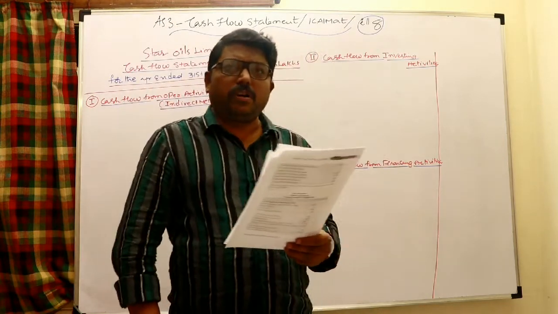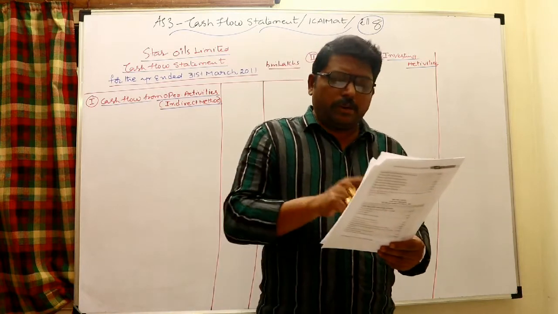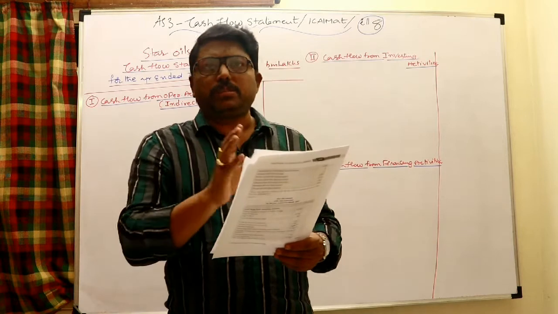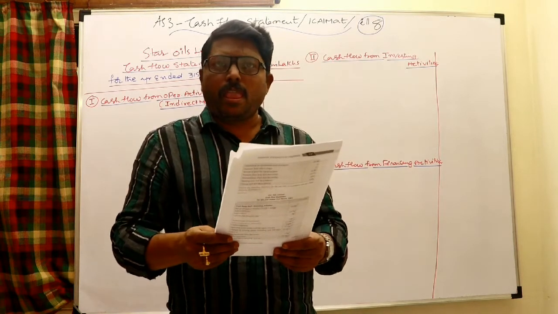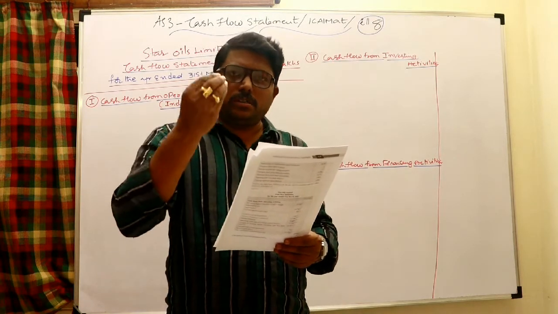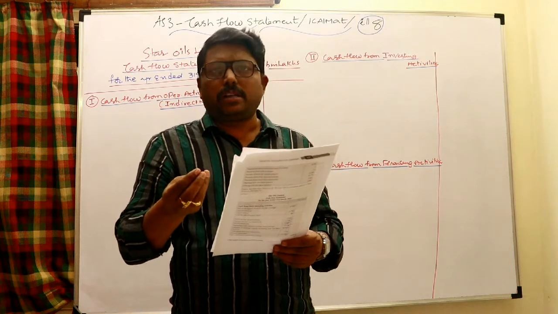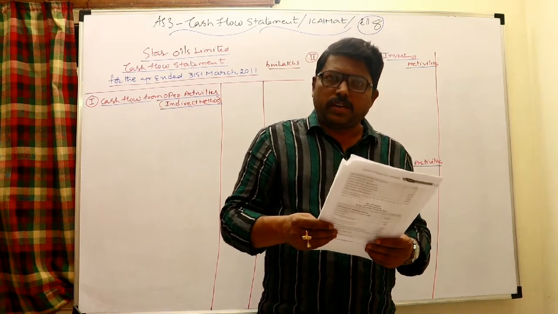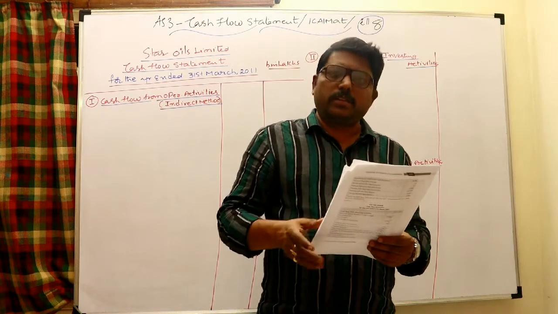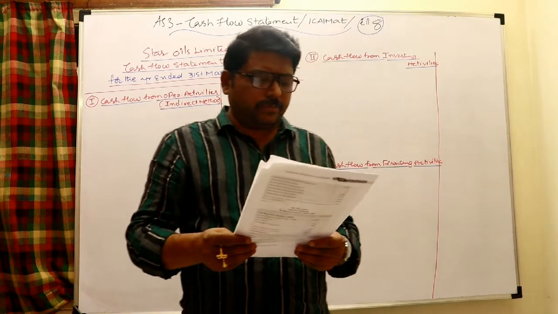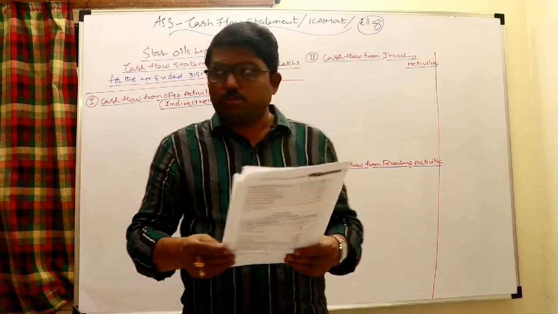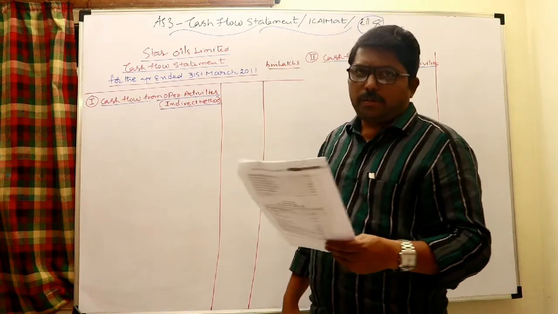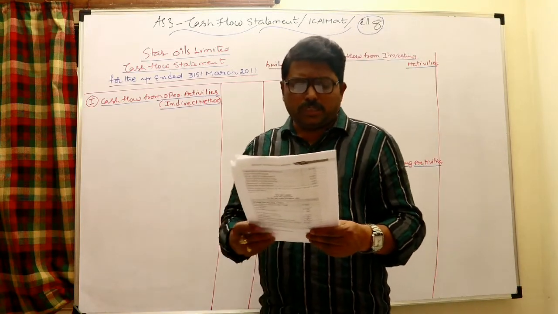First I will say one by one how to handle this. Net profit 25,000. Whenever it is simply given as net profit, obviously we assume it is net profit after tax. After tax means you estimate the tax you have to pay and make a provision through P&L, which is called provision for tax. After that provision for tax, the net profit is 25,000. Already I said that we need to work out the indirect method, so take here net profit 25,000.